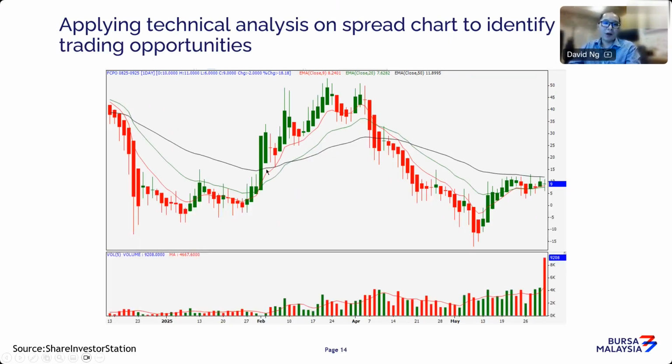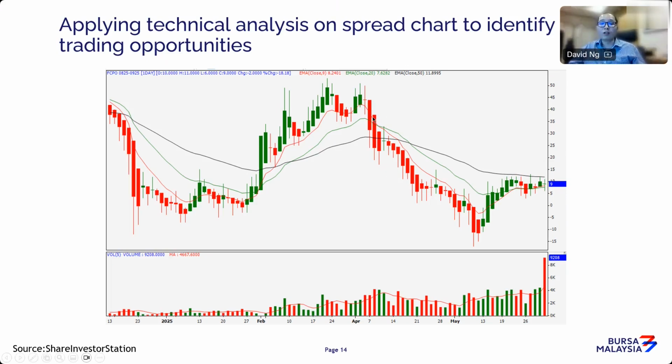Now, this is what I meant. Why is spread trading so trendy? Let's look here. This is your August September calendar spread. Notice that when candles start moving below the moving averages, you can see this particular spread pair's sentiment is going to turn bearish, in the sense that the differential between August and September is going to narrow quite substantially. In fact, I think it went as high as 50 ringgit in difference, which means the August contract was priced 50 ringgit higher. Essentially, this spread starts to come down and almost close to zero. That means there's no price difference between the August and September contracts.